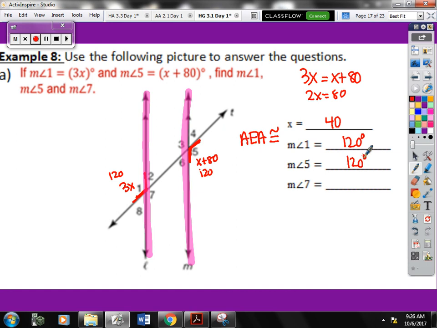What would the measure of angle 7 have to be? Maddie? 120. These are vertical angles. So you don't want to forget what we learned last chapter with vertical angles. Okay, see if you can erase the picture. So reset the picture back to its starting point. And see if we can set up, let's do